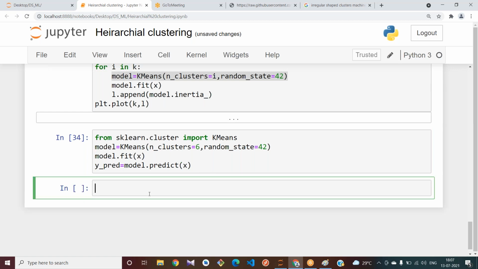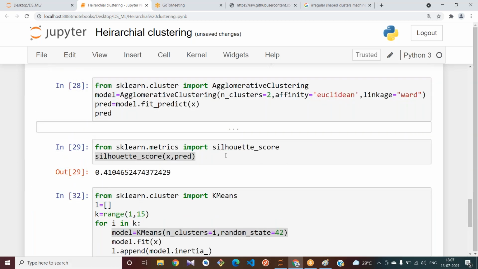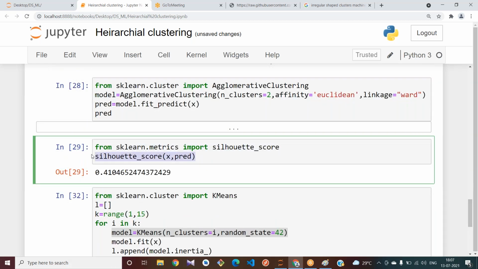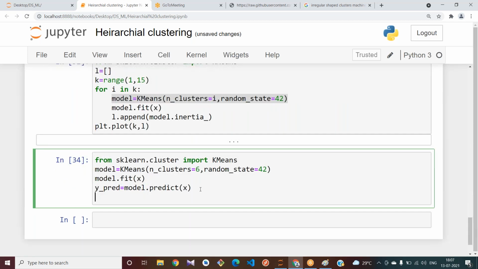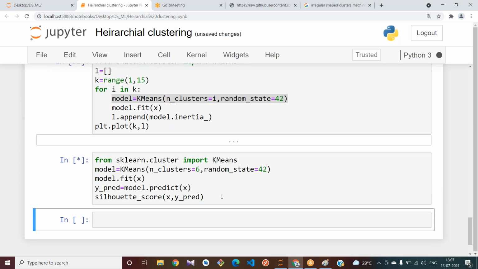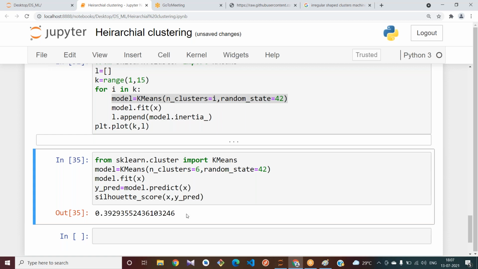Okay, let me use Silhouette score now. I have used Y underscore predict, right? Y underscore predict gives 0.39.